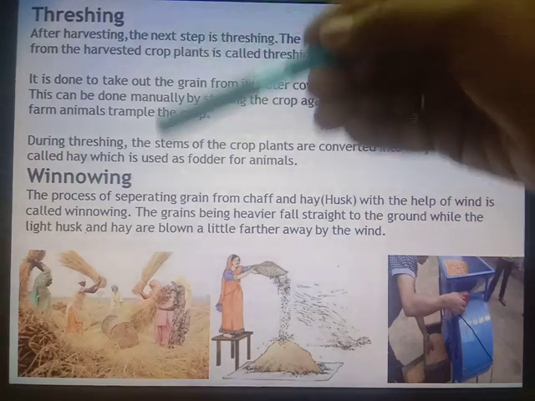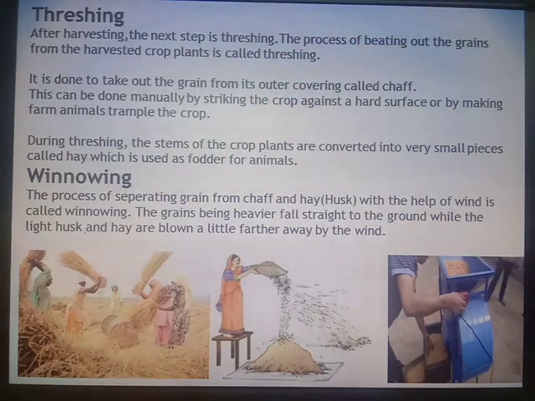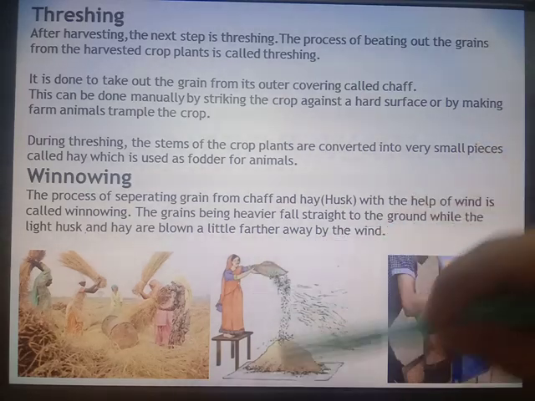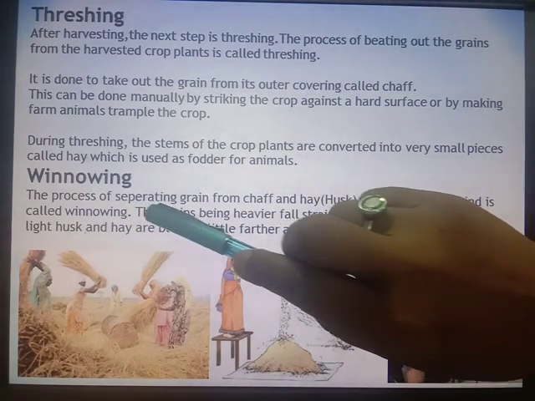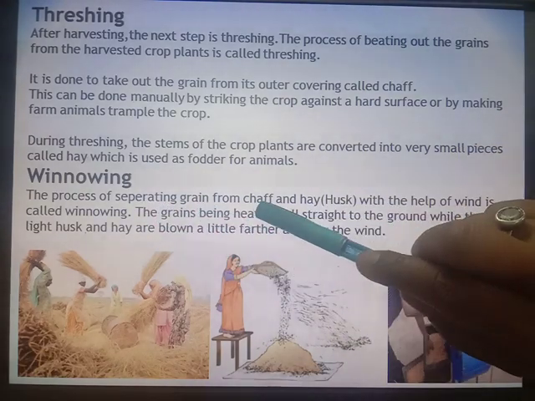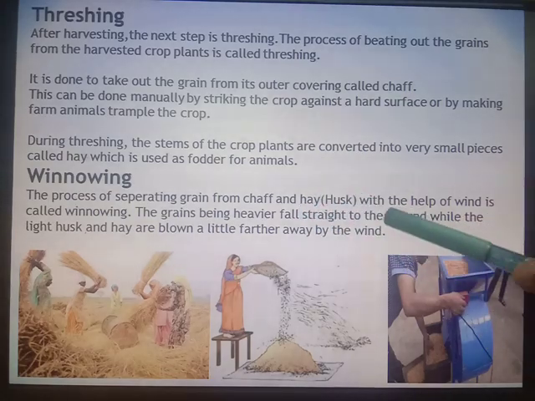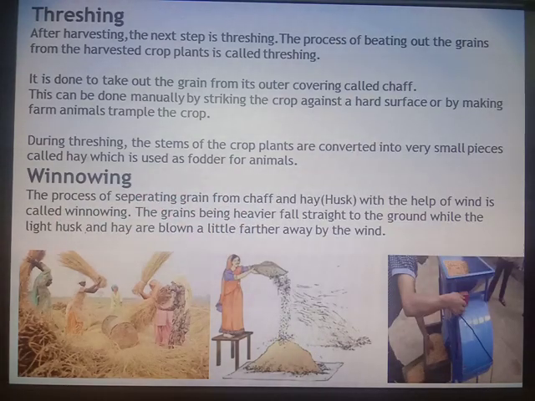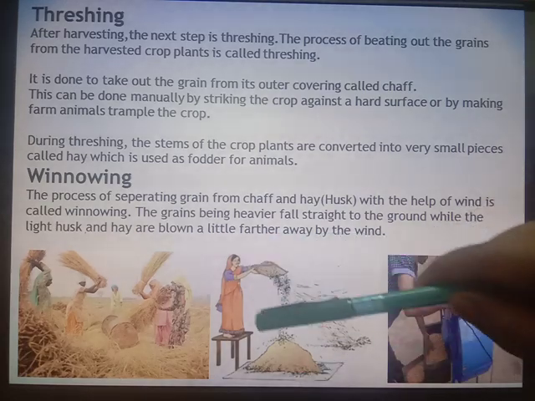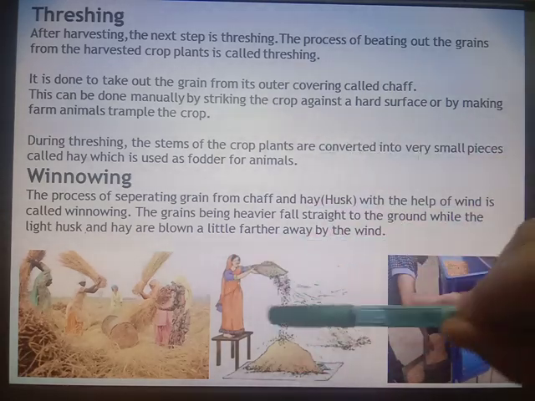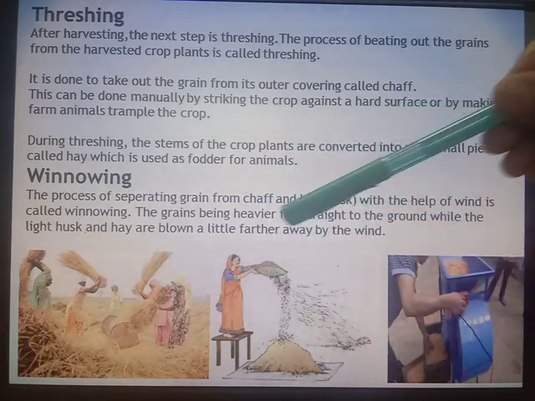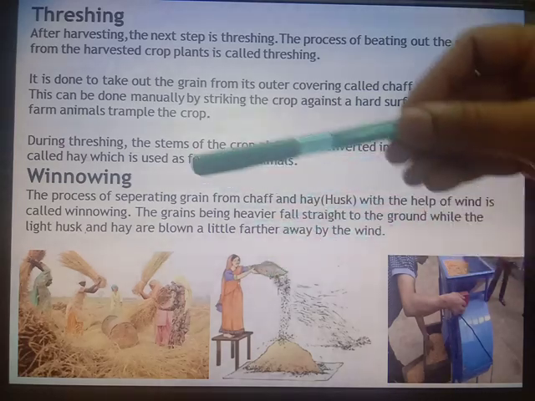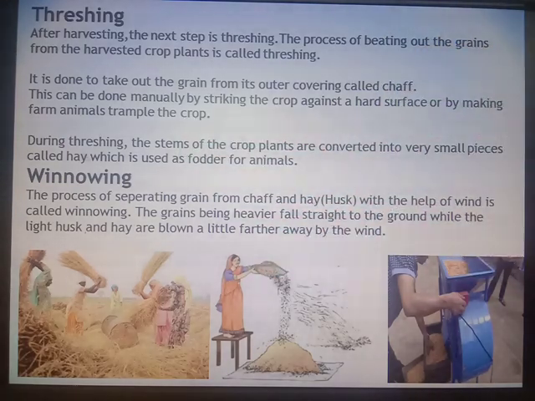After threshing, the next part is winnowing. Now what is done in winnowing? The process of separating grain from chaff and hay or husk with the help of wind is called winnowing. This you have studied in your junior classes also. Can you see this lady? What is she doing? With the help of wind, the grains are made to fall from